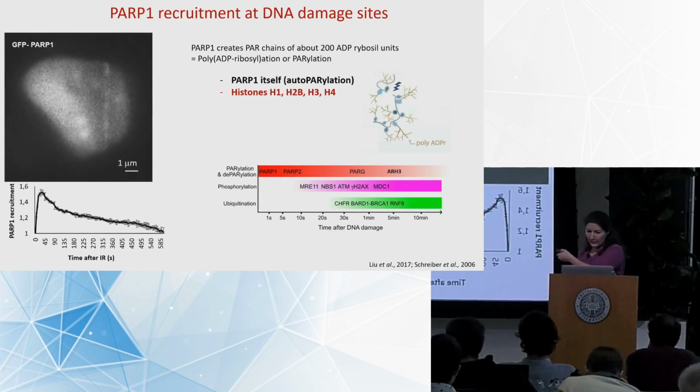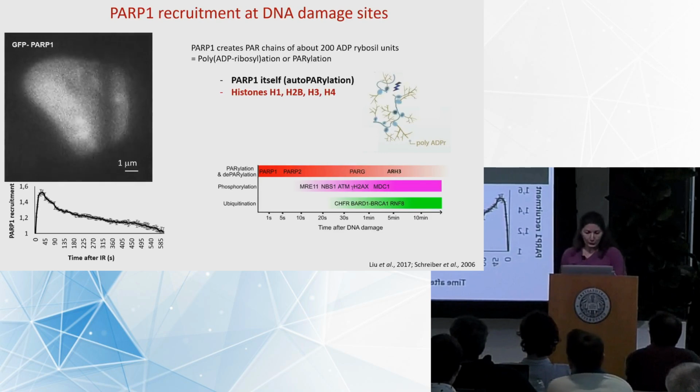It will PARylate PARP1 itself and also histones. And as you can see here, there is a peak of PARP1 recruitment 30 seconds after the damage, so it's very rapid. And then it slowly disappears,